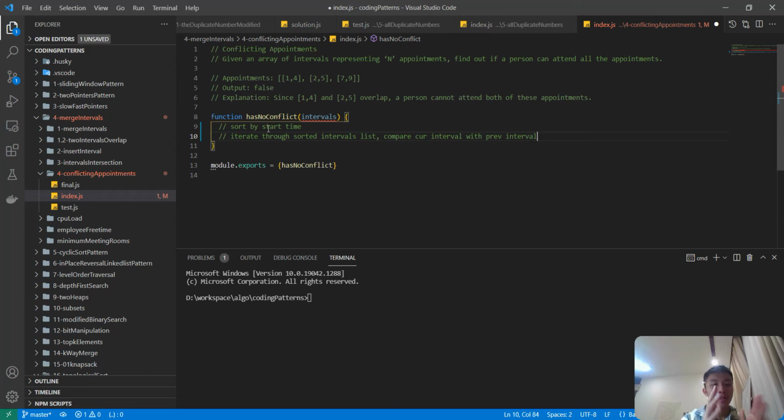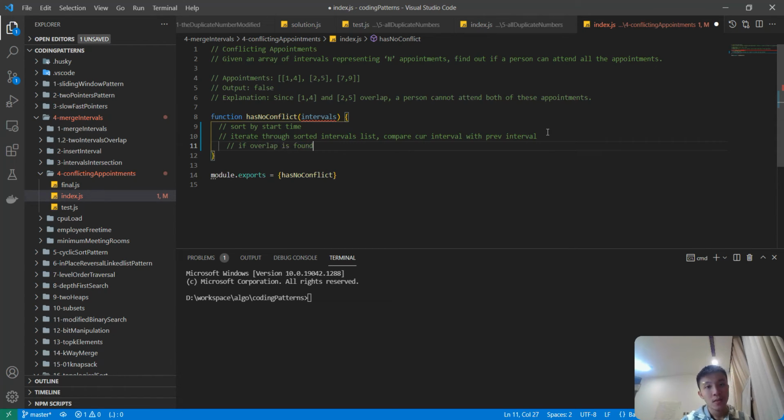We compare two intervals that are next to each other in the sorted interval list. So if overlap is found,